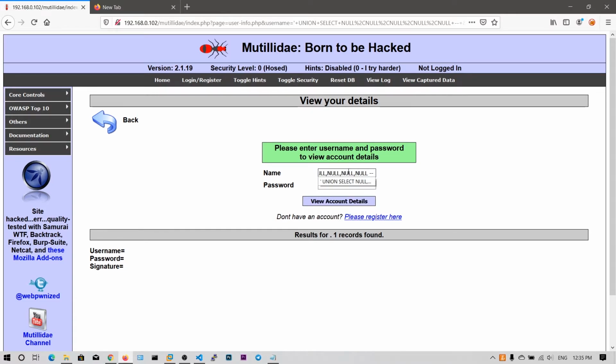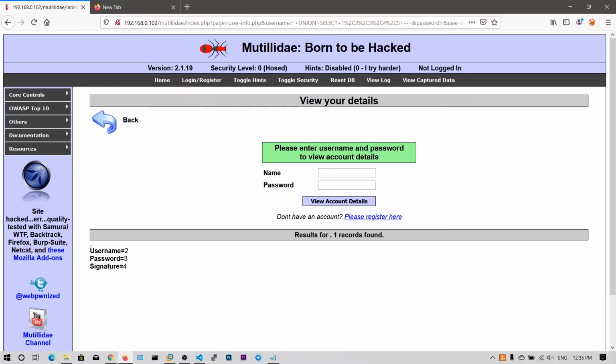Now what I can do is also put numbers for easy understanding. You can say 1, 2, 3, 4, 5, and if you click on view account details, you can see username is 2, password is 3 and signature is 4.